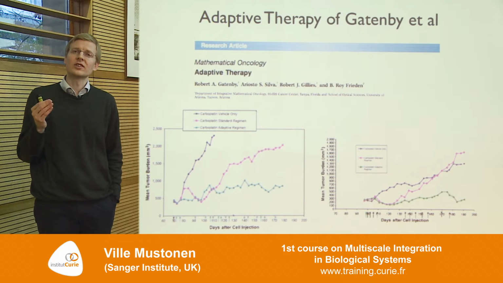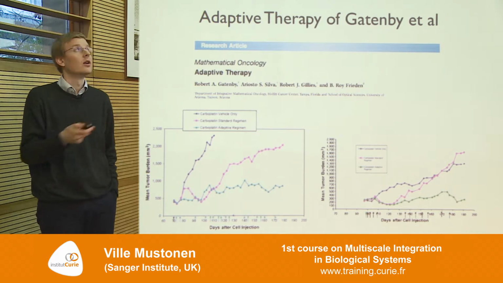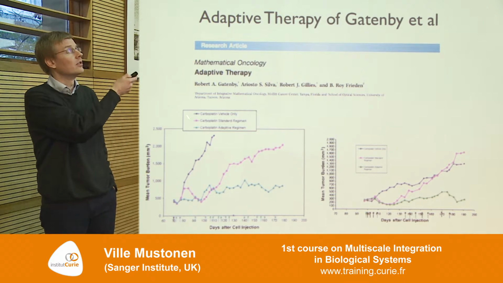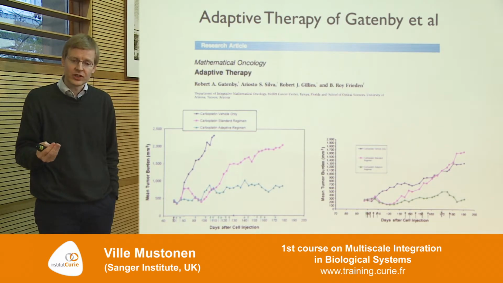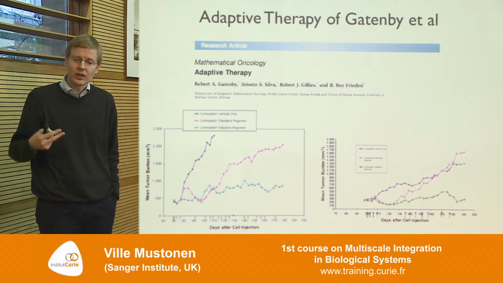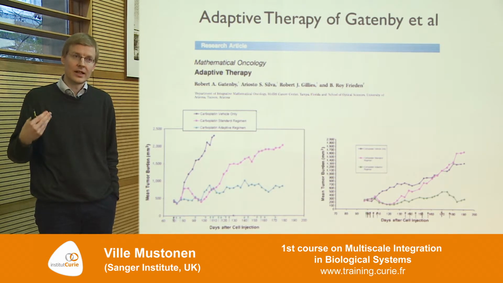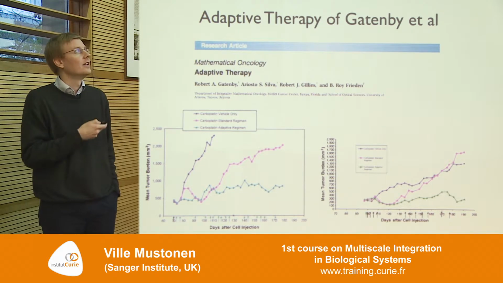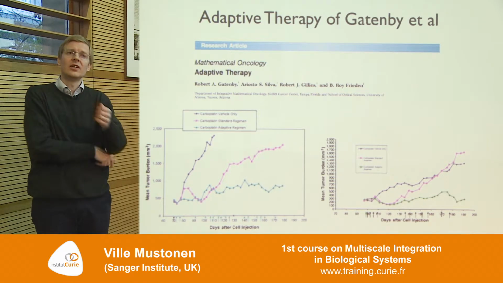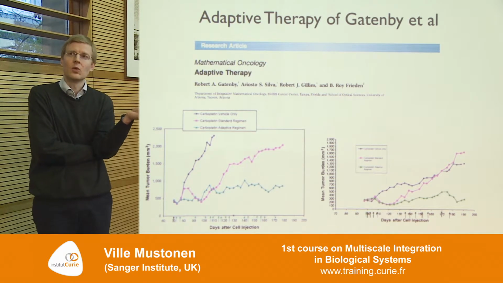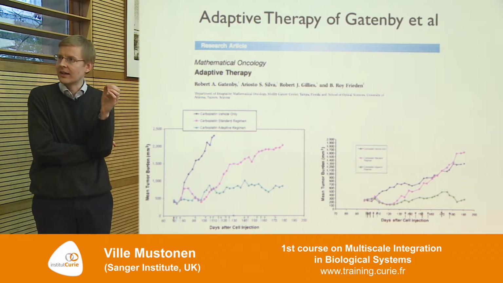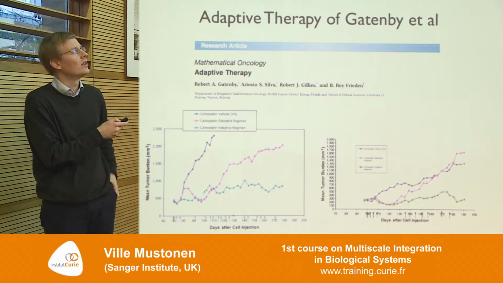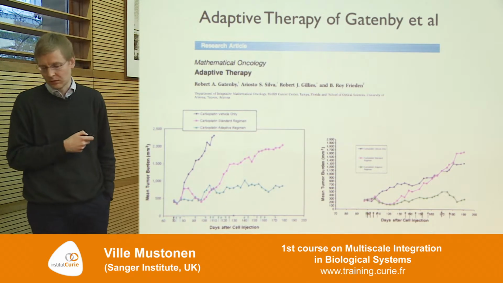So their idea was that cancer is a dynamical process, so the protocol that you use to control it should also be dynamical. And he said even further that we don't necessarily need to eradicate the tumor. We should be talking about maintaining it at some level. And what he did with an ovarian mouse model,